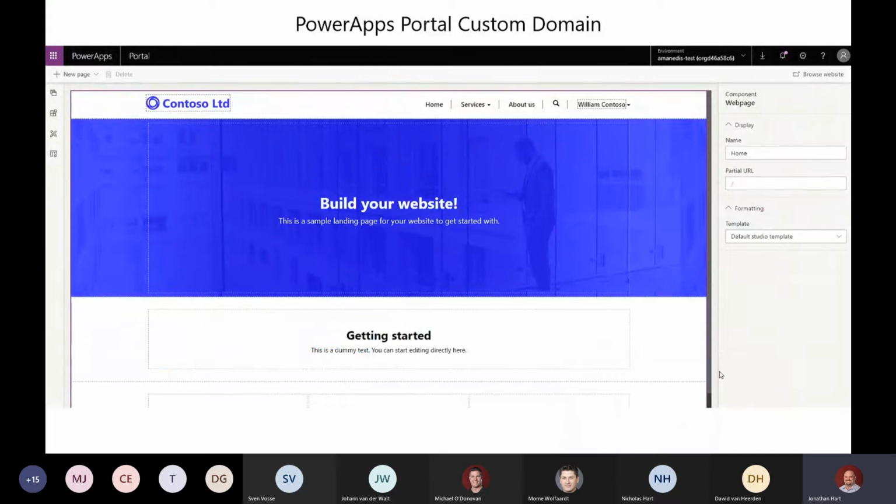Another thing that's been added is you can now bring in a custom domain to Power Apps portals. This wasn't possible in the past, but now you do have the ability to go and use your own domain names for Power App portals. There are some things and hoops you have to jump through for the certificate. So you do need a publicly signed certificate, and it needs to be in a PEX format.